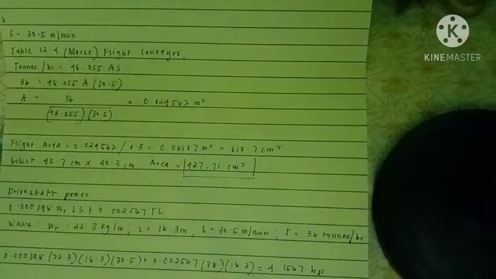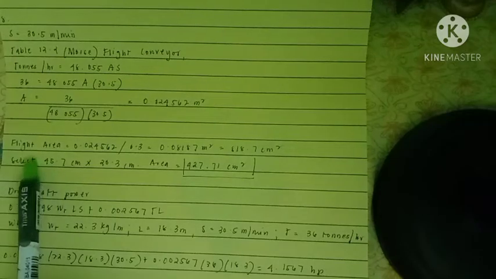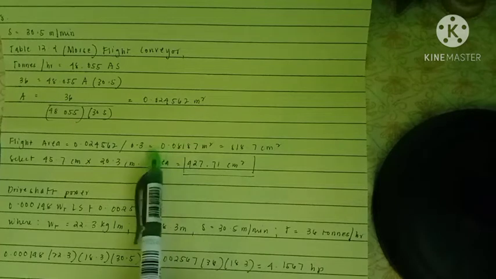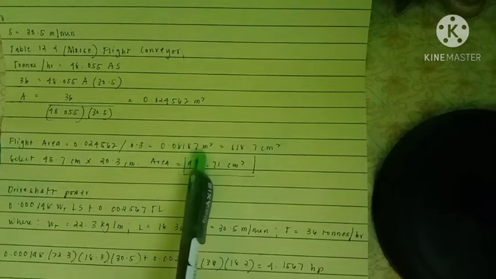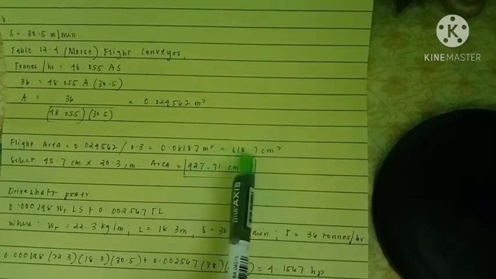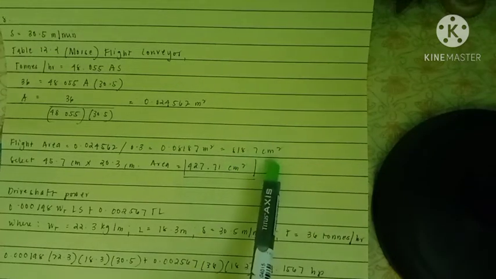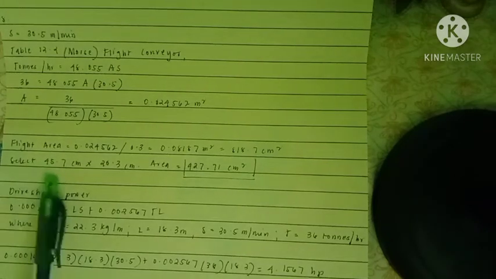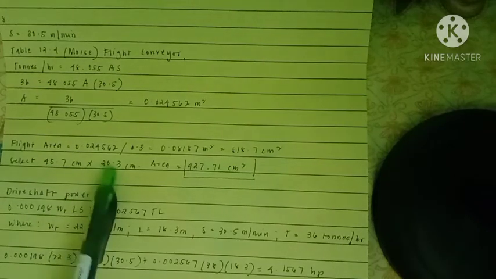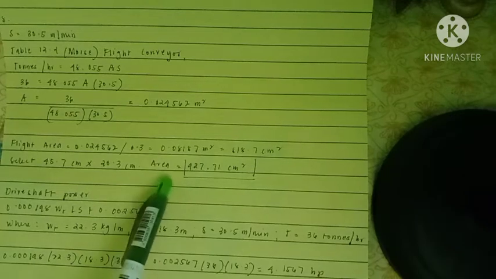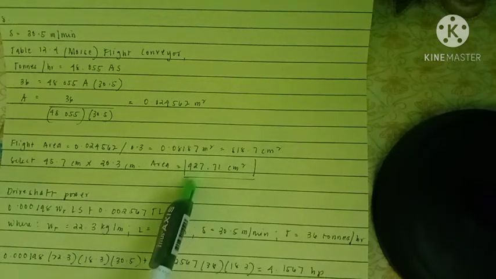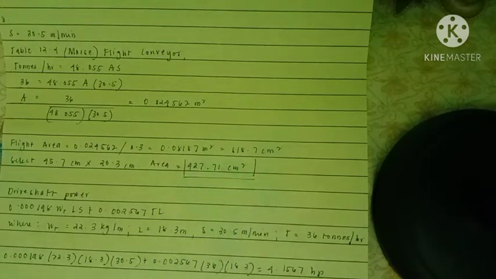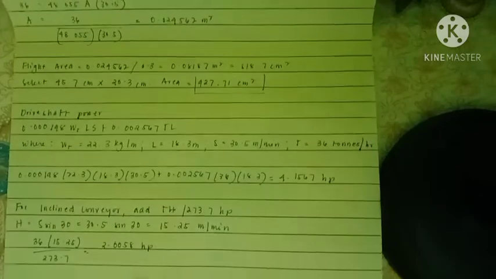0.024562 meters squared. So flight area is equal to A divided by 0.3, which is equal to 0.08187 meters squared, or also equal to 818.7 centimeters squared. So we have to select this 45.7 centimeters by 20.3 centimeters. Therefore, area now is equal to 927.71 centimeters squared. So for drive shaft power,